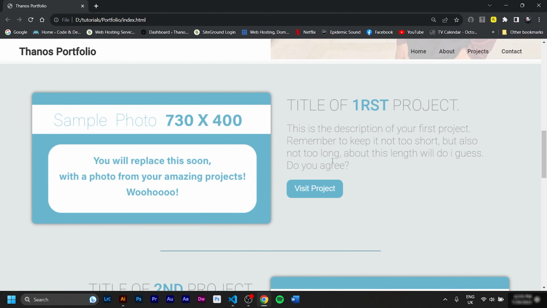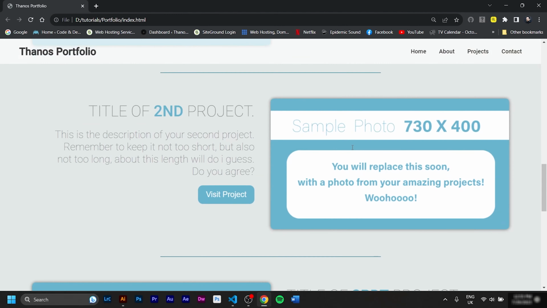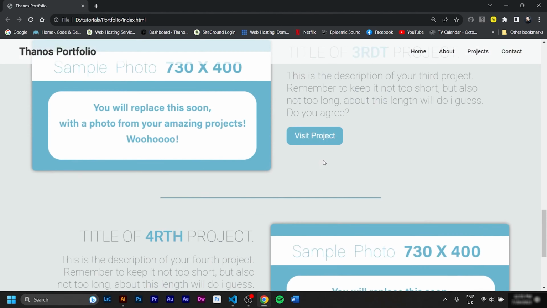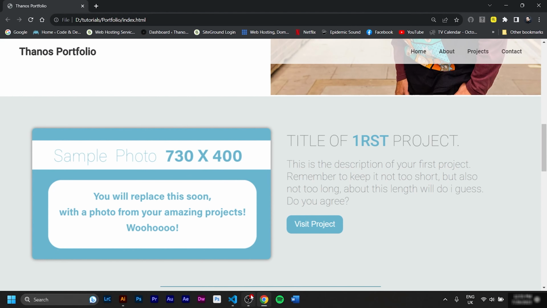Of course we build this like a template, and if you are wondering, we are gonna be replacing this photo with photos of our projects. So we're gonna start building projects very soon, and we're gonna be putting them here. If you already have some projects you wanna showcase, it's gonna be very easy. You will just go to the HTML, change the title, change the description, set up your link, and replace the photo. So everything else is gonna be ready.